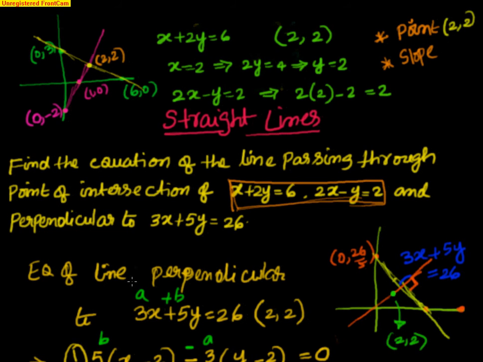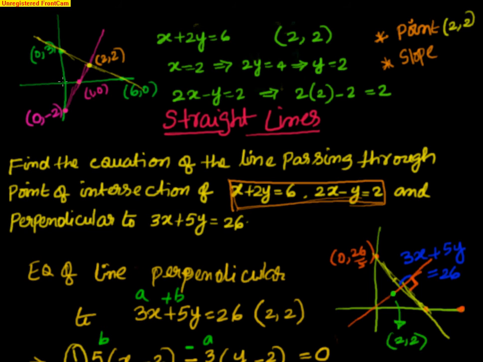We have been asked to find the equation of a line which is passing through the point of intersection of two lines and is also perpendicular to a specific line. So what I did first, instead of directly going the algebraic way, I thought let me look at the graph also, so that it will be more colorful and interesting. Yes, x plus 2y equal to 6. I kept values of x as 0 or y equal to 0, found the line on the graph. Similarly, for 2x minus y equal to 2, I kept x value as 0 and y value as 0. I got a point of intersection.